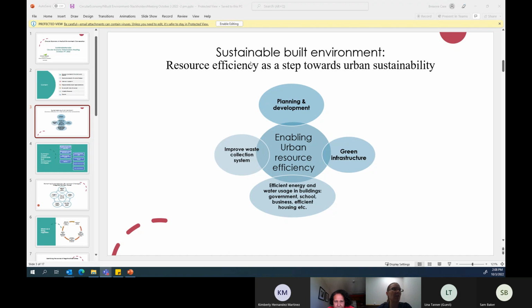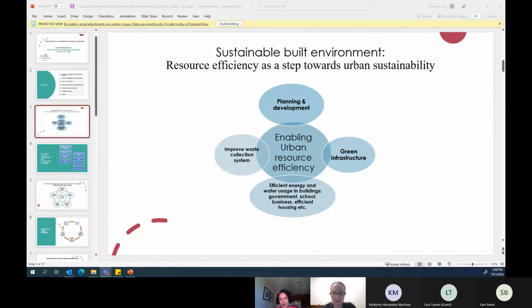It says sustainable built environment, resource efficiency. No. What do you see? I see the first page. Maybe it's frozen. Let me stop sharing. Okay. Yeah, sorry about that. It's okay. It looked fine for me. Oh, really? You see it? Okay. Yeah, I see, so Bree was reading off, yeah.